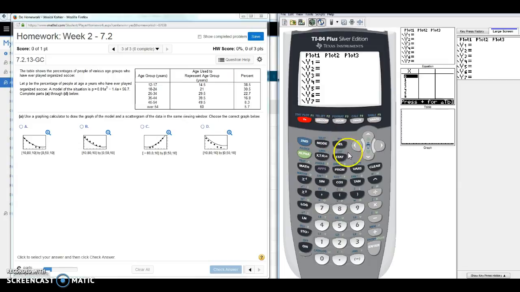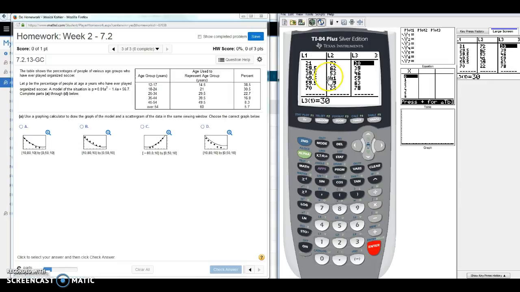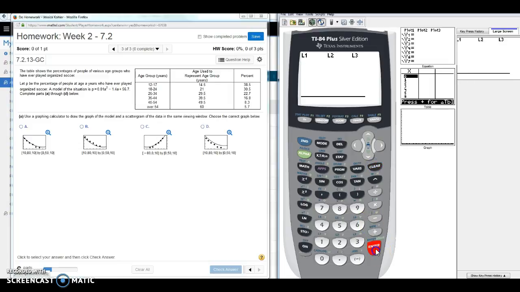And so I'm actually going to go to Stat, Edit. That's going to input my data. I have data left over, and so I'm going to go up to each of my column values and then make sure my L1 is highlighted and hit clear and enter. I'm going to do the same thing with L2. I'm going to hit clear and enter, and then I'm going to do L3, clear and enter. So now I have